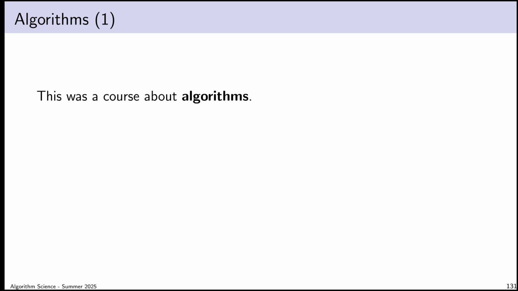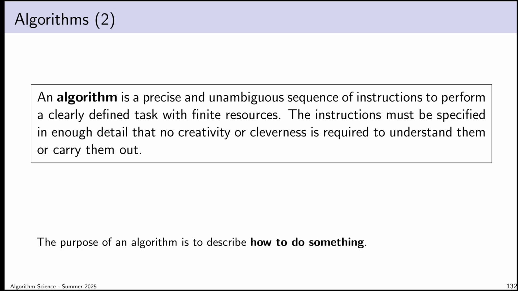This was our course about algorithms. An algorithm is a way of doing something. The purpose of an algorithm is to describe how to do some task. And we know by now, of course, that the fact that the task is finite is critical. We also have spent lots of time understanding what it means for an algorithm to be efficient. Performing a task with finite resources is one thing. We want to use as few resources as possible. If there are multiple ways to solve a problem, we want the way of choosing a solution that is efficient,